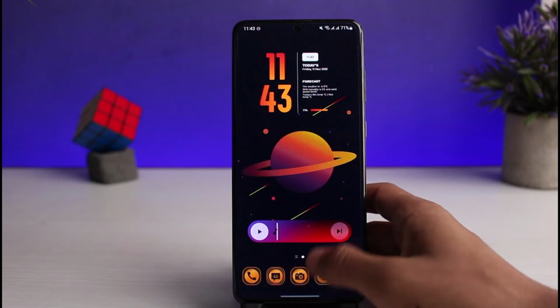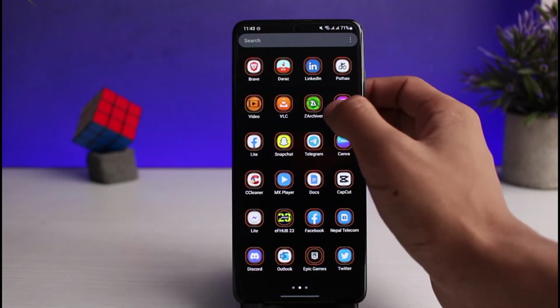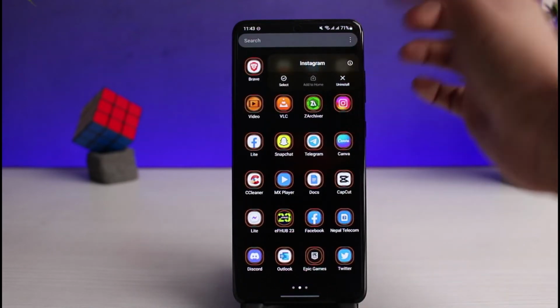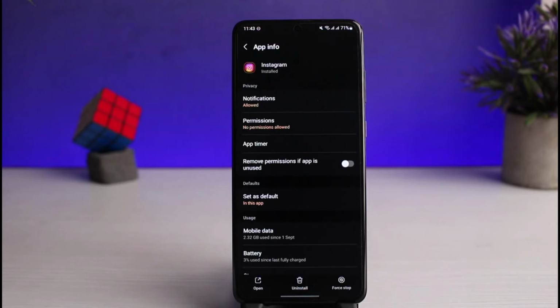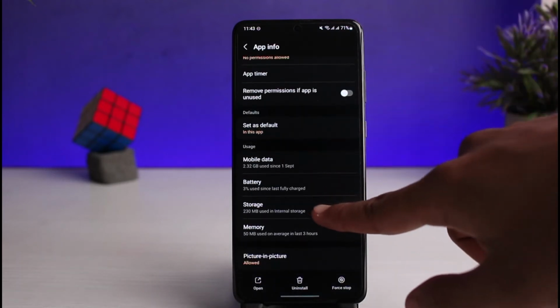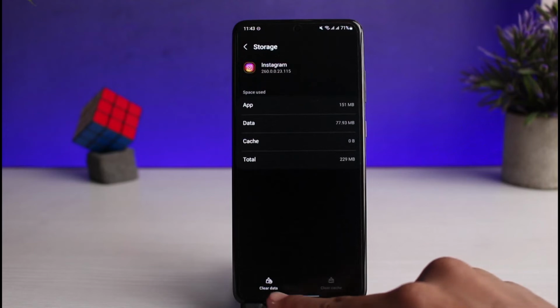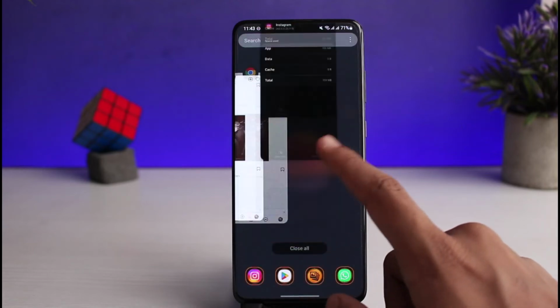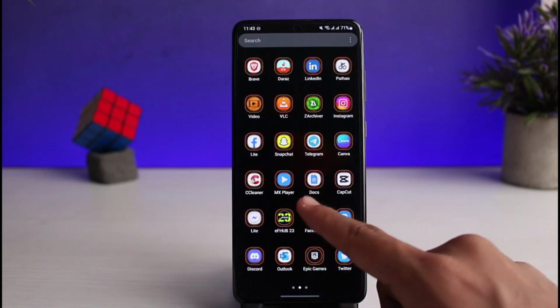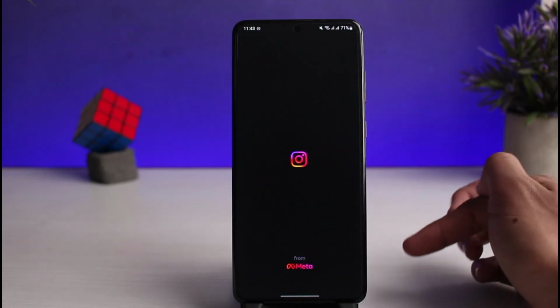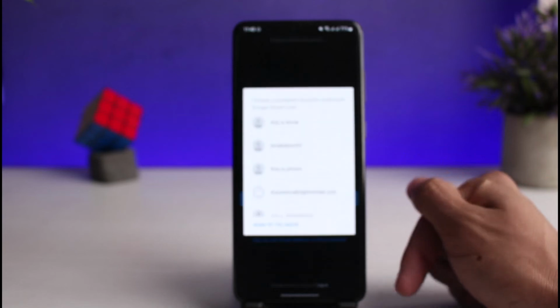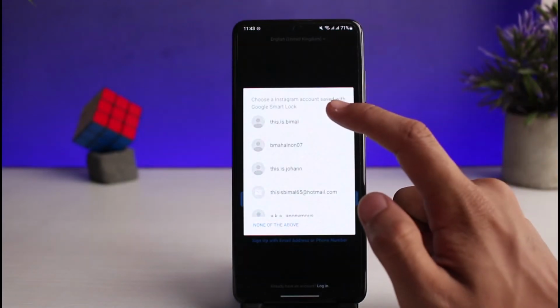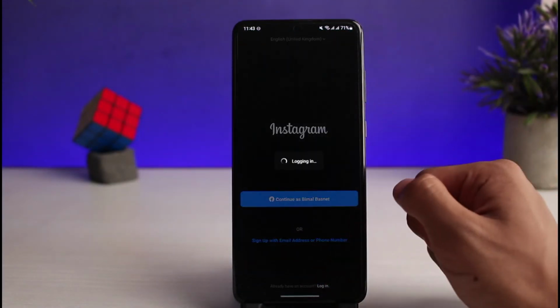If not, then what I'd recommend you do is long press on the Instagram application and tap on the I button. As you tap on the I button over here, go to the option called storage, and as you go to storage, try to clear the cache, and if possible also clear the data of the application. What this does is that it's going to reset the Instagram application. If you have any type of temporary cache file stored, it's going to reset the app during the time of the installation. And now you can just go ahead and try to log into your account and see if that